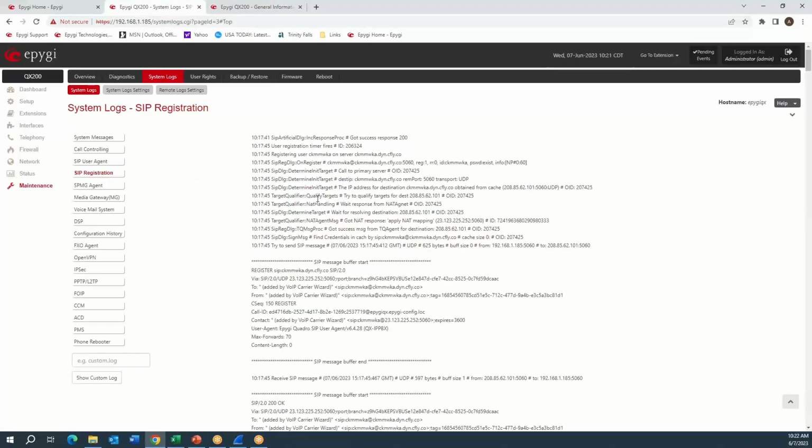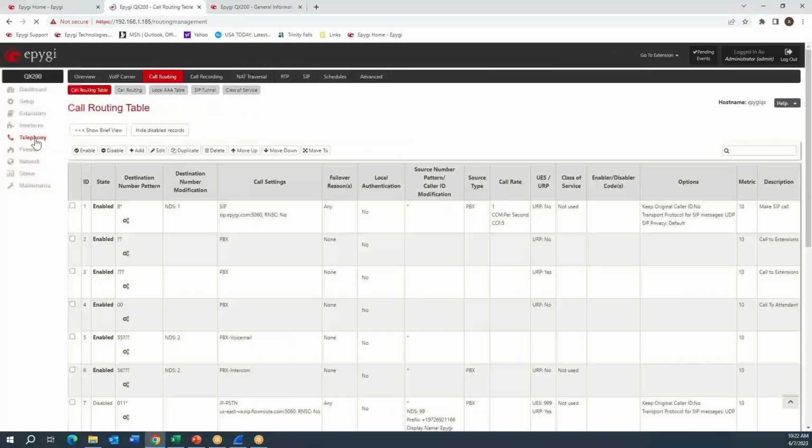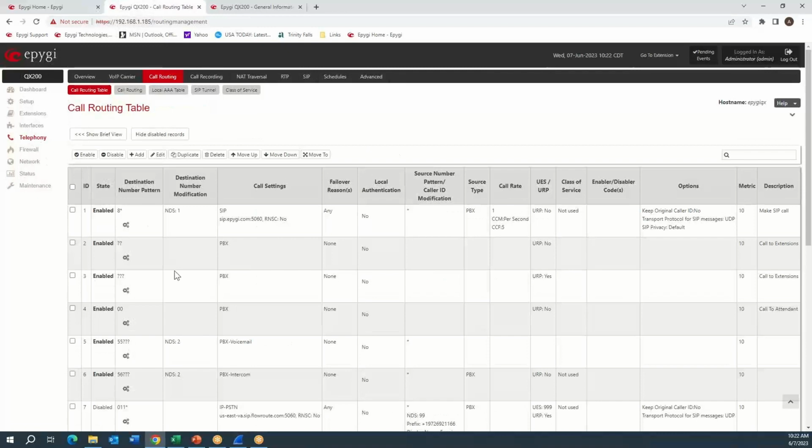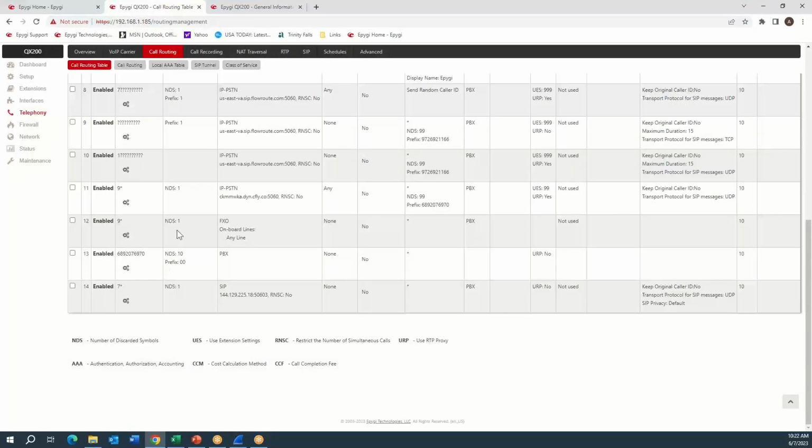Okay, so what I've done is I'm logged into another PBX, and this is one of my best troubleshooting methods, and I've been able to resolve many problems by doing it